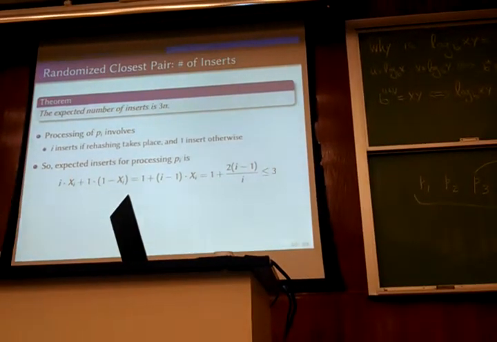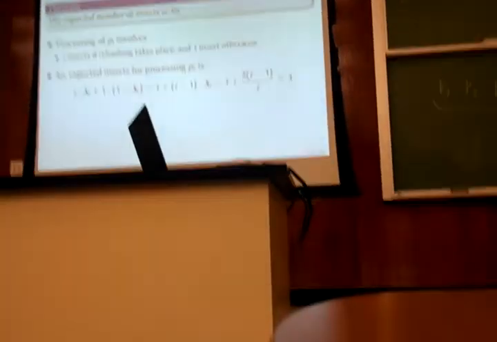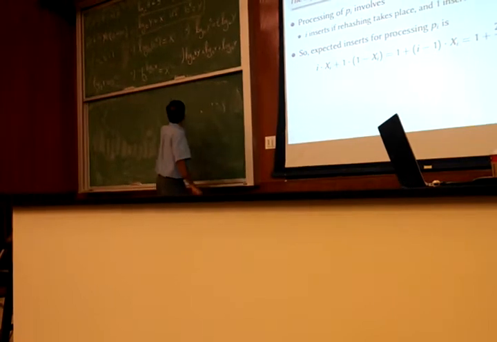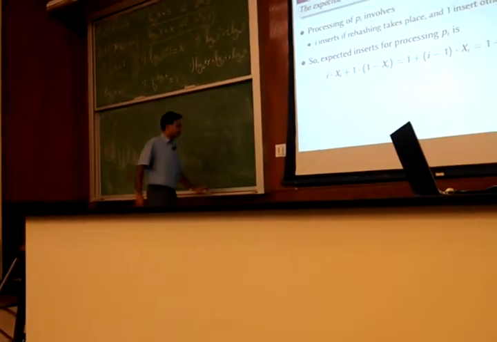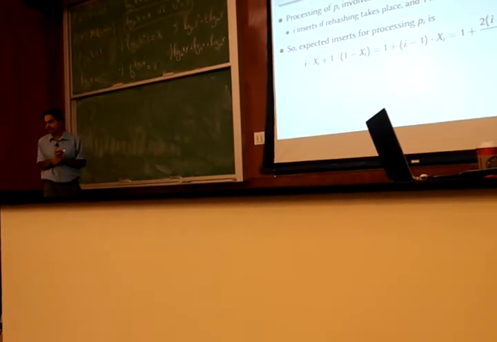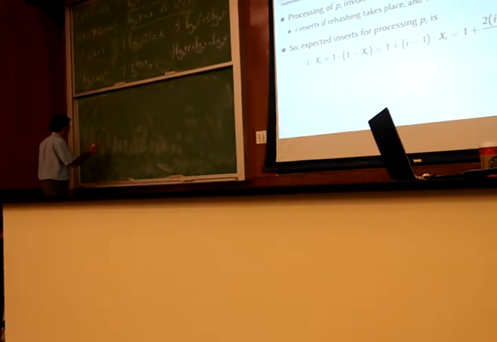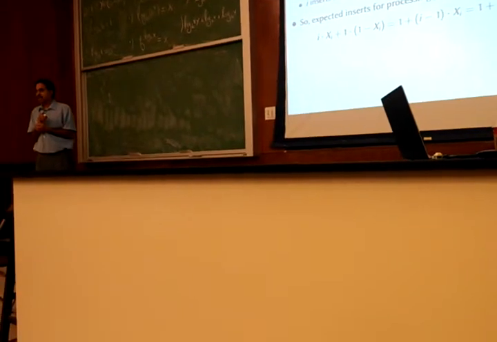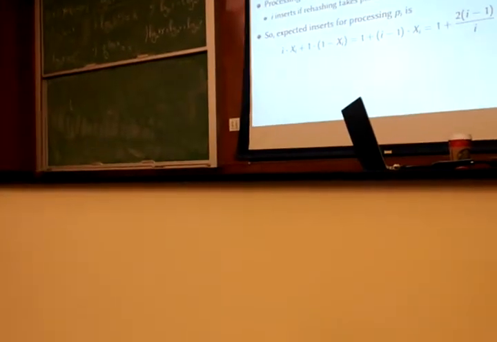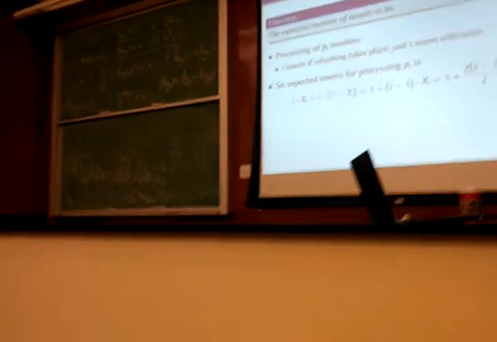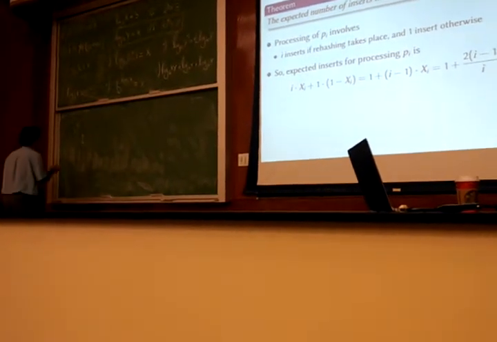So we can do this very easily. Let's do this calculation a little bit more simply. What we are saying is that the number of rehashes, or the amount of time required to process the ith element, is either 1. If p_i is not part of the closest pair, then the time needed to add it is just constant. So we can say that with a probability of